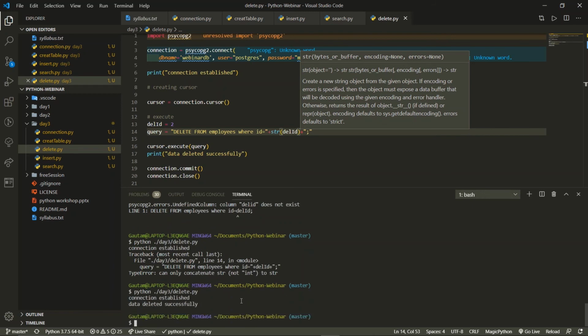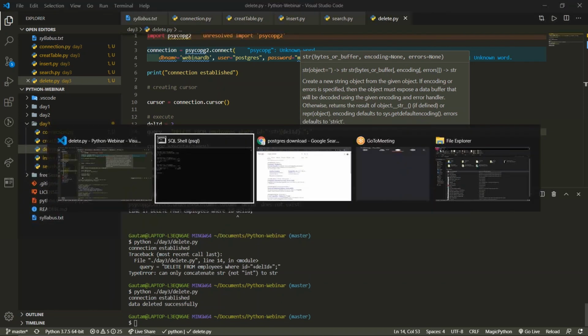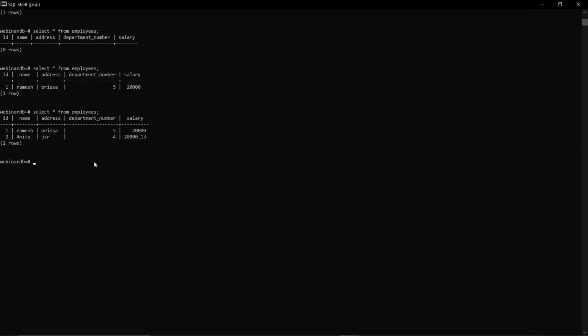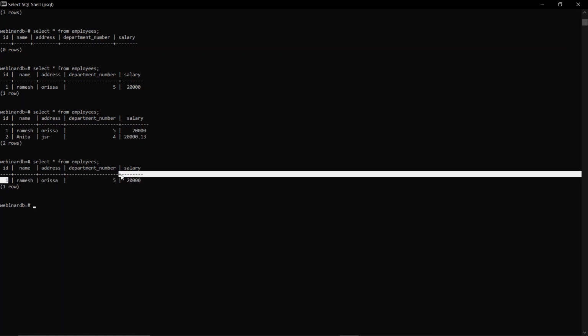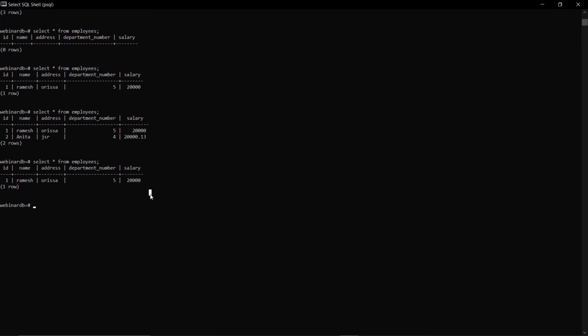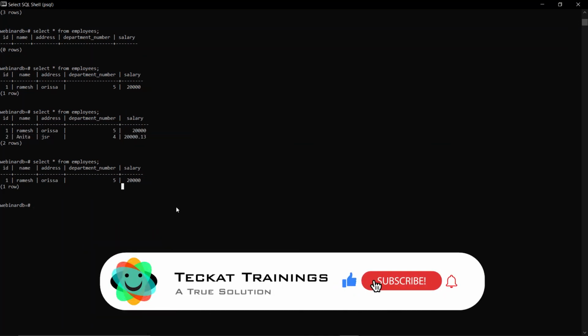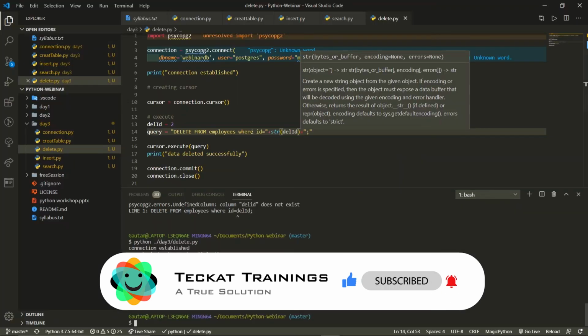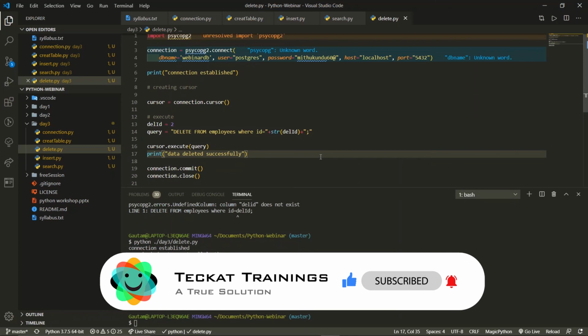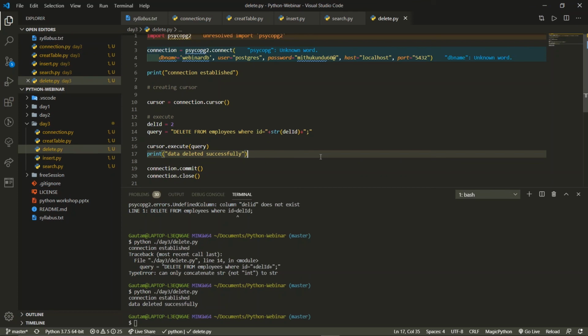We got this output. If we want to check, let us see that the data is deleted successfully. We will just select star from employees and you will find there is no second data. The ID that was valued 2, this value has been deleted. If you have any queries regarding this, you can tell me. If it's all clear, you can say it's all clear in the comment section so that we can continue with the next part.